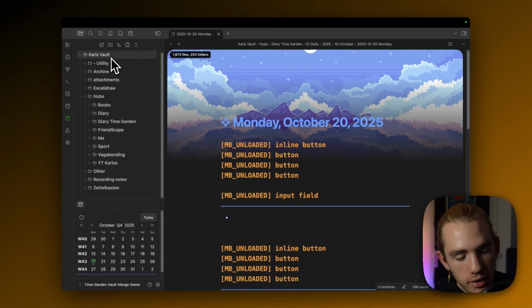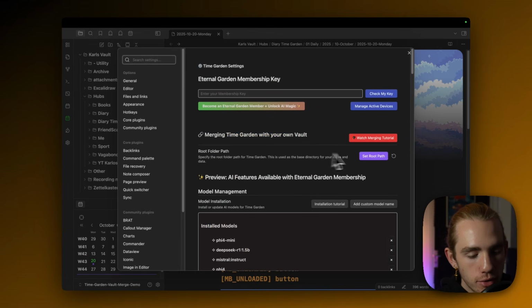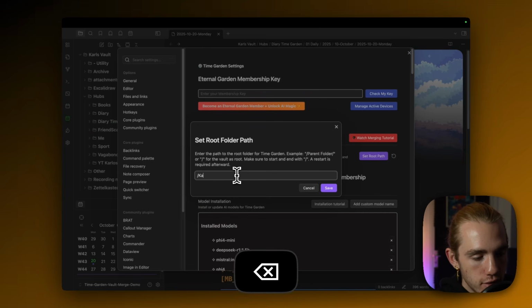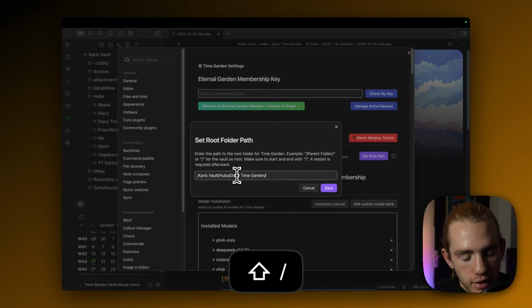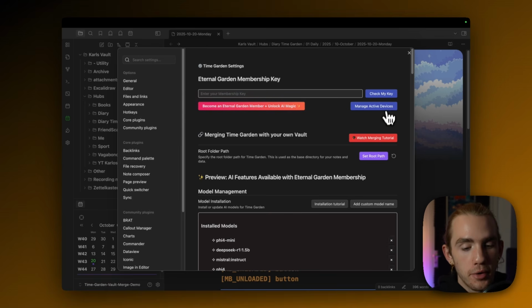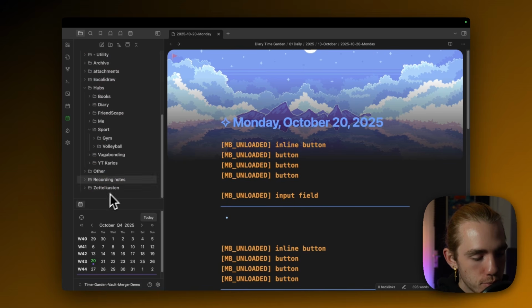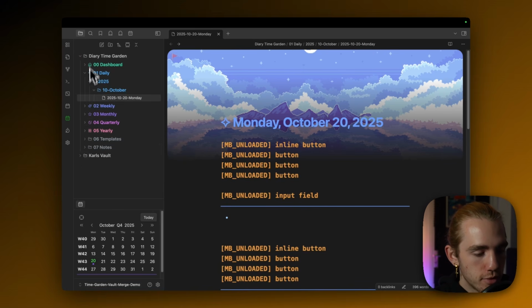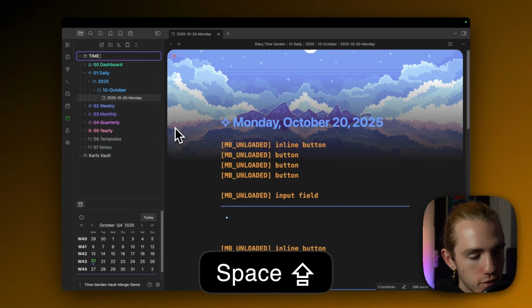So it's in Carl's Vault, then in Hubs, and then diary Time Garden. So again, I'm going to the settings, then slash Carl's Vault, slash Hubs, and slash diary Time Garden, and then another slash. You could theoretically do that. It's absolutely up to you how much you nest Time Garden within your system. But for the sake of the tutorial, I'm just going to put it on the outside, Carl's Vault and diary Time Garden. I'm going to rename it to just Time Garden,